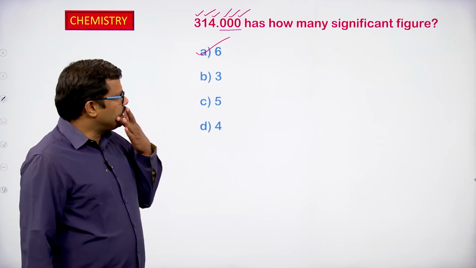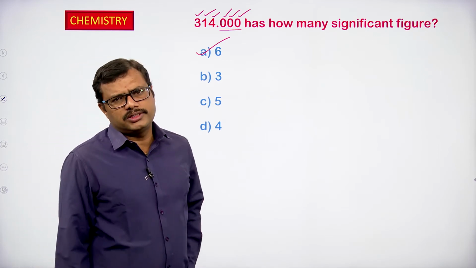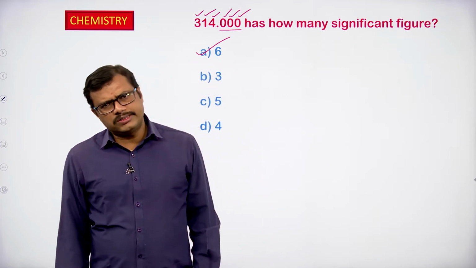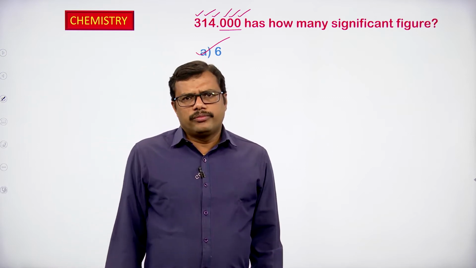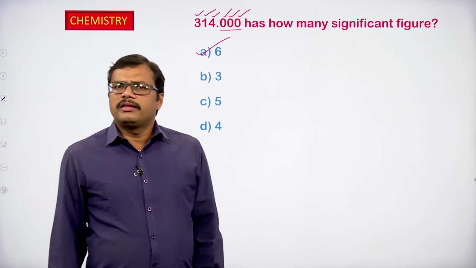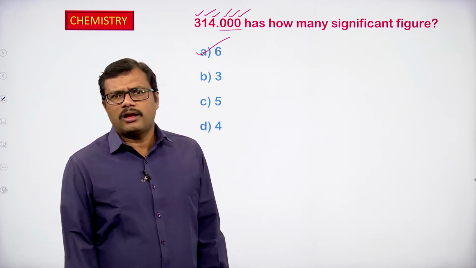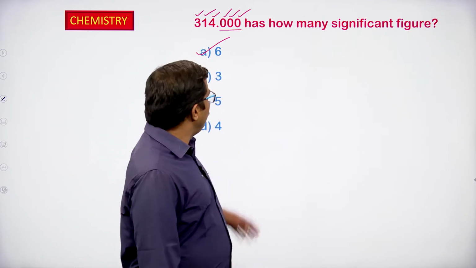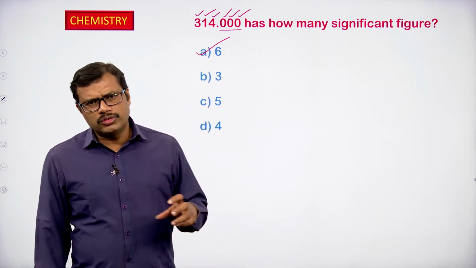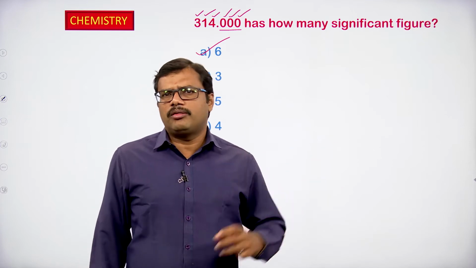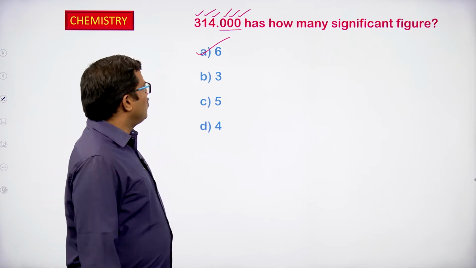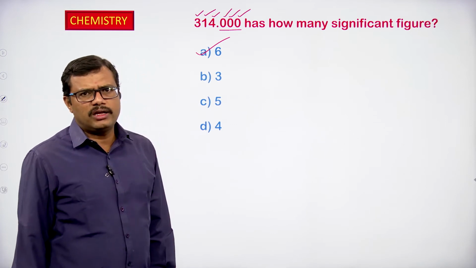Okay. As we have discussed, while dealing with significant figures, all non-zero digits are significant. The zeros present between two non-zero digits are significant. Zeros preceding, or present on the left side of, the first non-zero digit are non-significant, and the zeros present after the decimal point are significant. If there is no decimal point, and zeros are present, then they become insignificant. So, depending upon the rules that we have learned to identify the number of significant figures, you can clearly say this particular number, 314.000, has 6 significant figures. Okay.